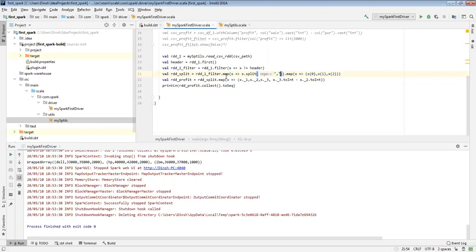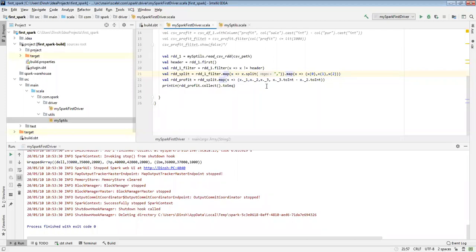Map means it will iterate row by row, and each row I will split by the comma. So I'm doing one more map, and once I split, I'll get an array. So that converts into an array of arrays. You see that output, I'll get an array of arrays. Instead of doing that, I'll convert from the array of arrays to an array of tuples. Okay. So now this is the array of tuples I have created.